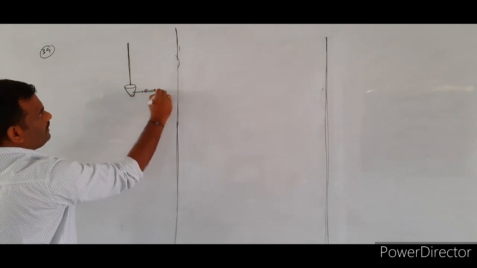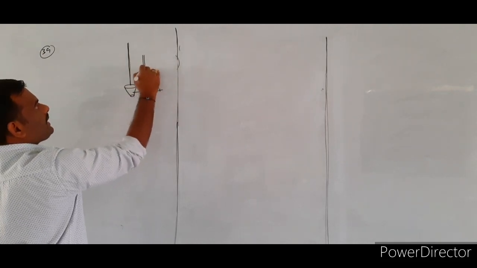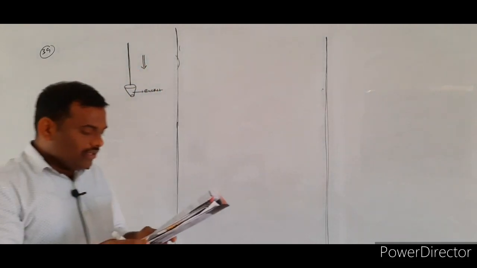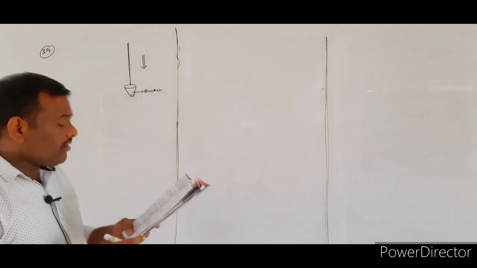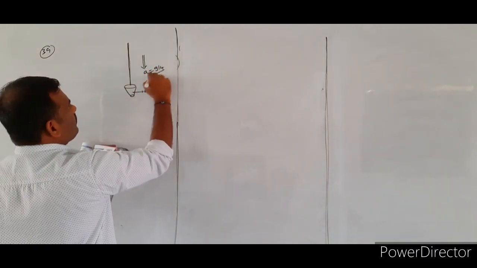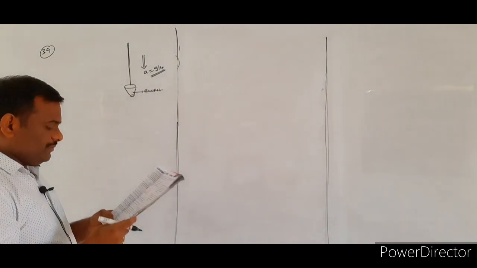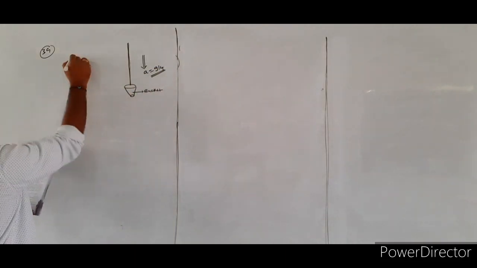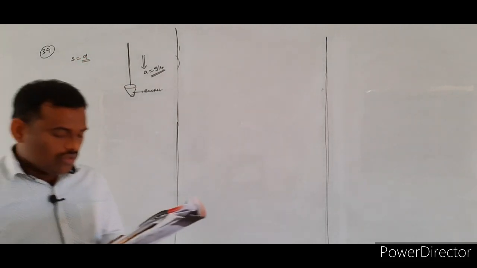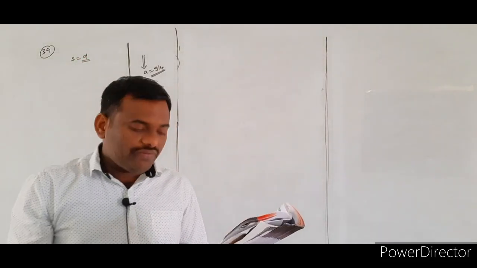So this bucket will be lowered. That means the bucket will be moving in the downward direction, at a constant acceleration of a is equal to g by 4. And the displacement covered by the bucket is equal to d. Work done by the rope will be...